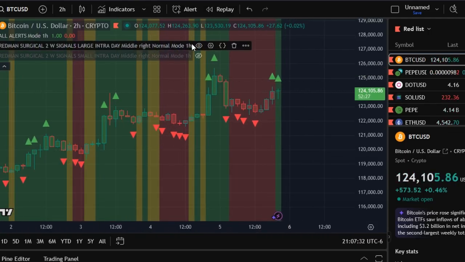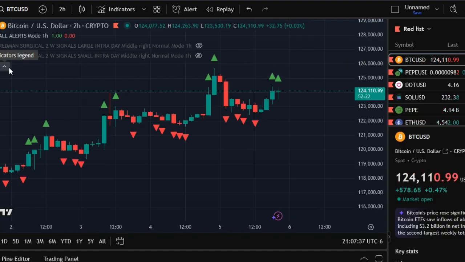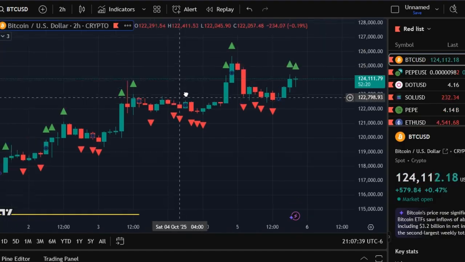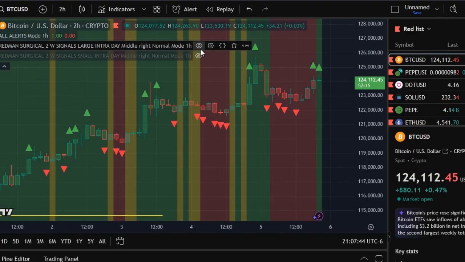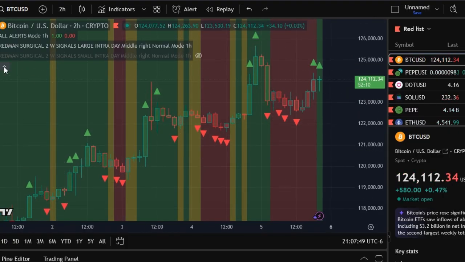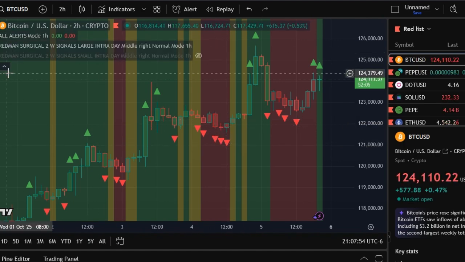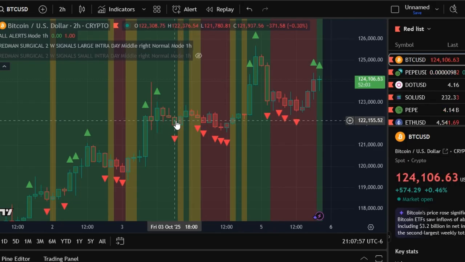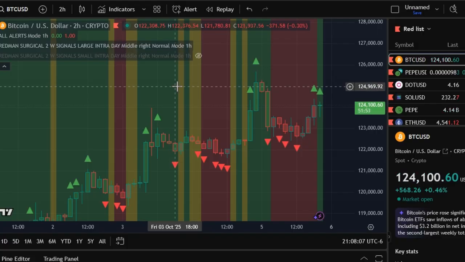Okay. The other indicator, with only the arrows, is the traditional indicator that I first built. And I found that the combination of these two is really strong. For example, if you combine these two, you can see that sometimes this indicator, the all alerts indicator, triggers early signals. For example, right there, a bearish signal,